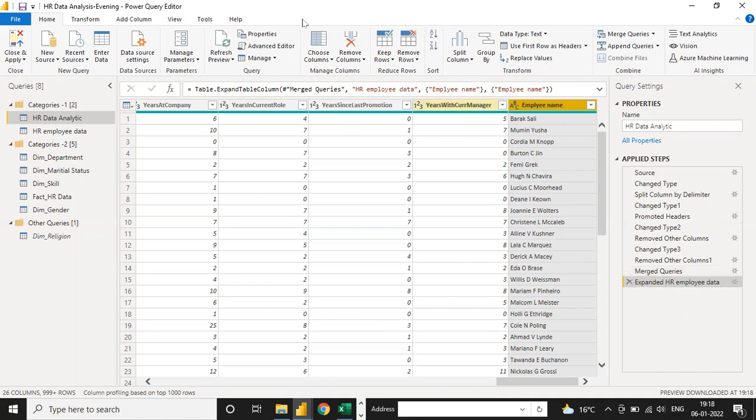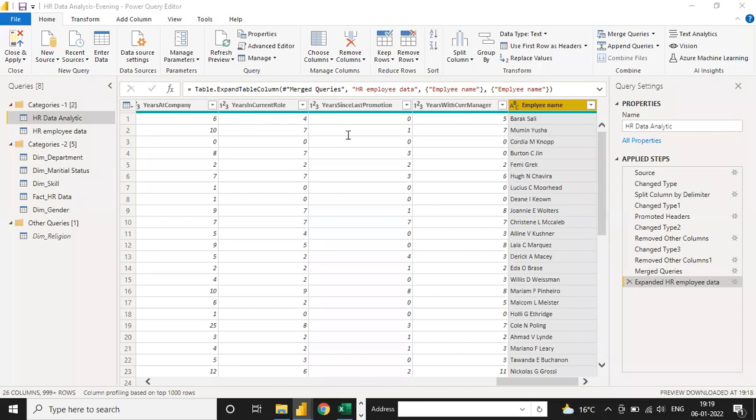So now tell me guys, any doubt in this merge query? Here there is no problem like in lookup with text format or number format. No, nothing. You can just directly click on this and select the table, select the common column, then click on OK, and select only those columns you want to merge into your final table and click on OK. That's it. Clear? Neeti, is your doubt clear now?